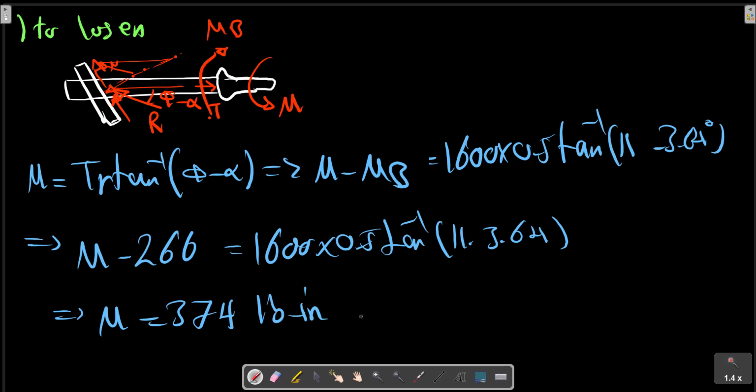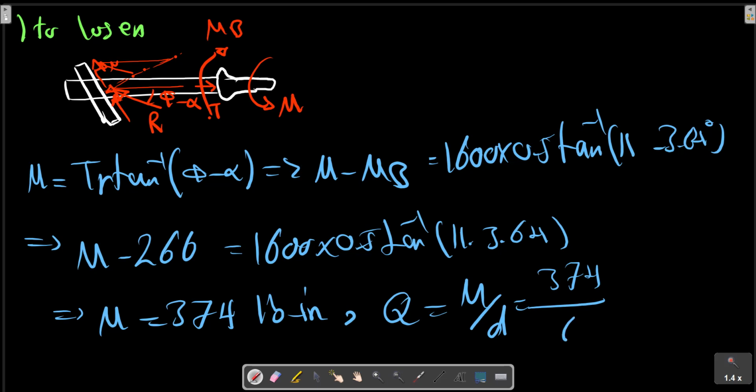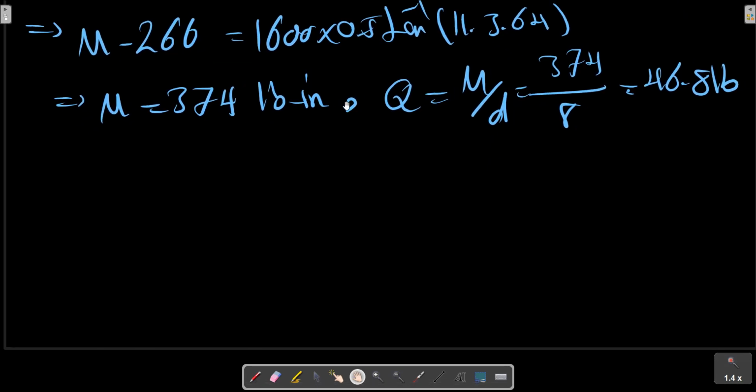Pound inch, Q M on D, the force required to loosen the screw. To loosen the screw,